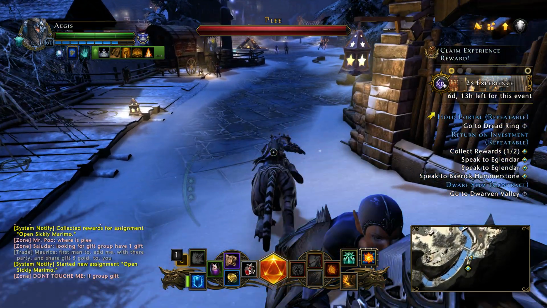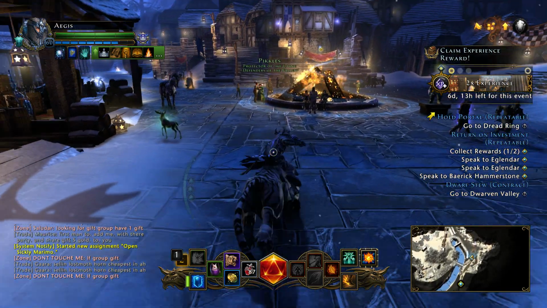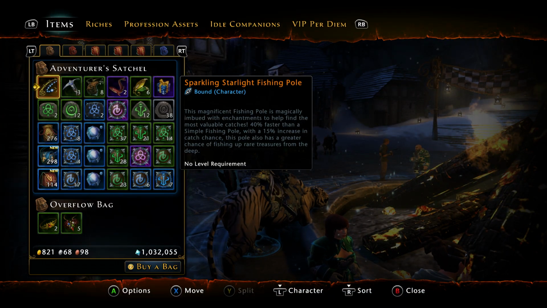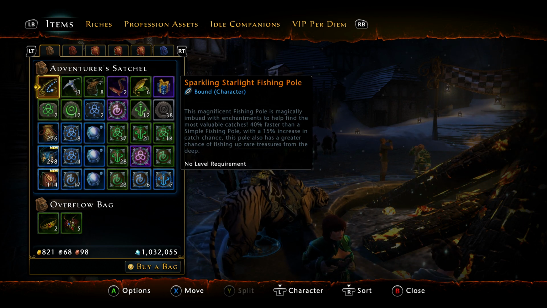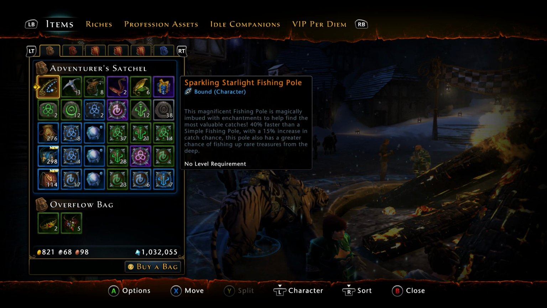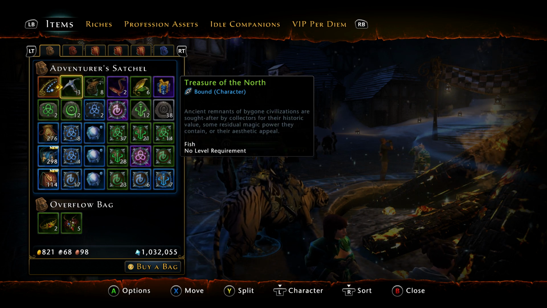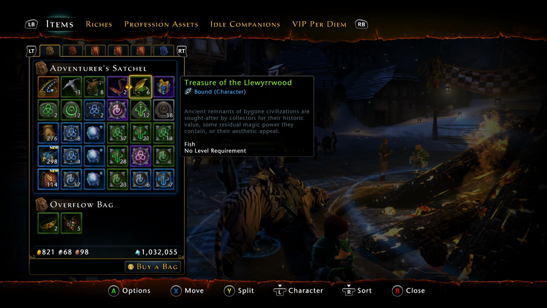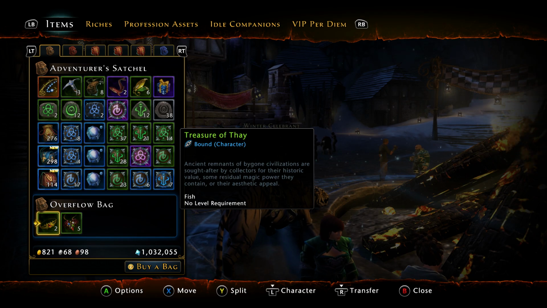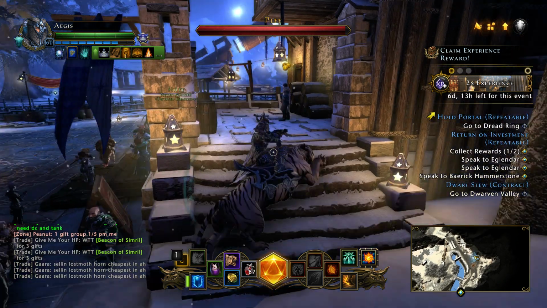Now, the reason why I switched characters is this character I worked on, I already got my initial gift, so I already have the artifact and everything. But remember how I was talking about the event and fishing? Well, I have a fully upgraded Sparkling Starlet fishing pole. This is the Legendary pole. Last year, you could only upgrade it to Epic. This year, you can get Legendary. It's really awesome. As you can see, I have 3 Treasures of the North, 6 Treasures of Learwood, or whatever you want to pronounce that as, 2 Treasures of Thay, 2 Treasures of Tiamat, and you can very easily come